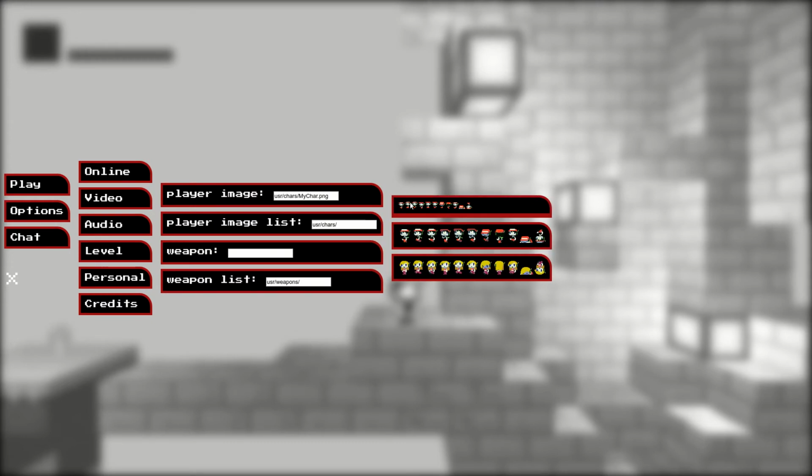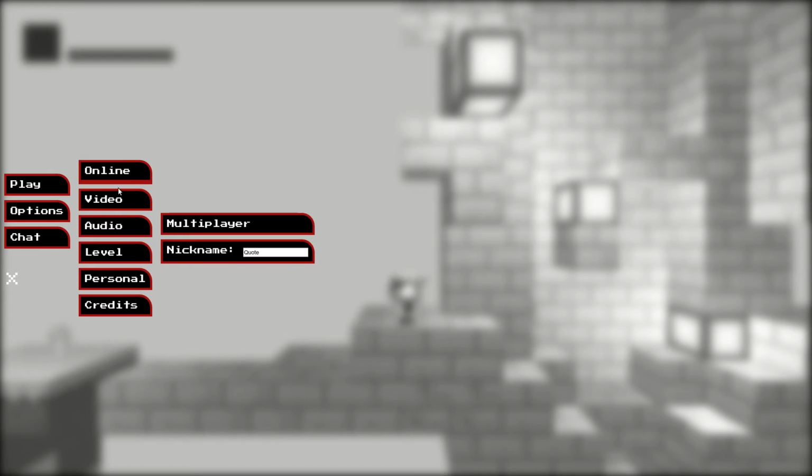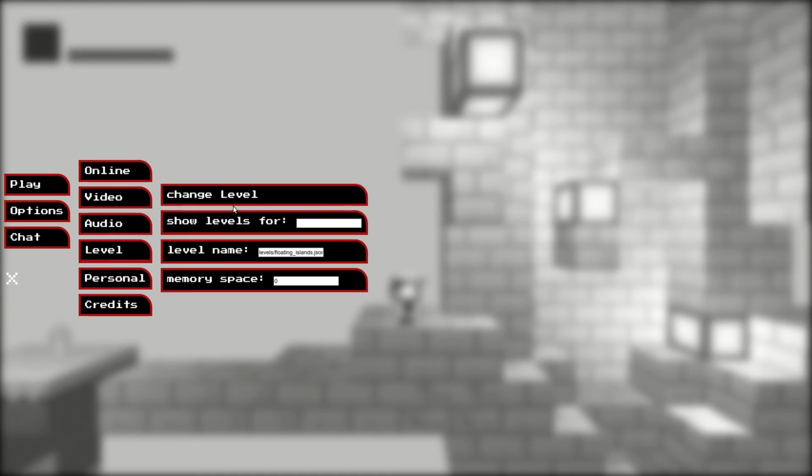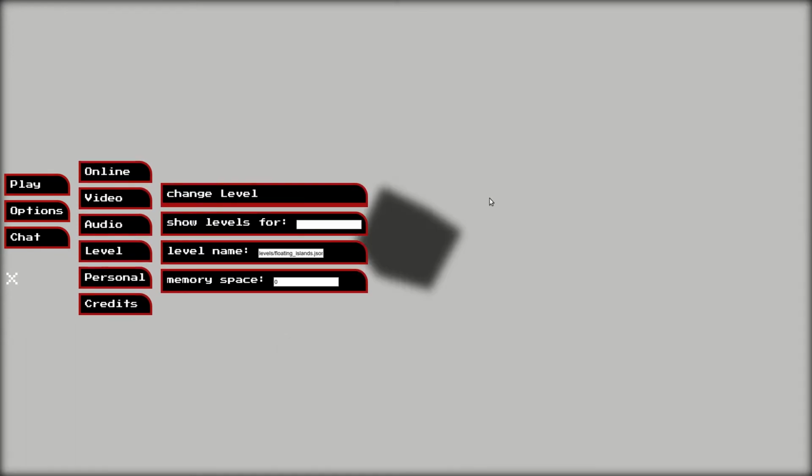So there's this one and this one and this one. Right now I'm using this one, but I can, for example, change it to this one, which will again change what is standing here. Just click on that, and for this to really change anything, you will need to reload the level. So just click on level and then change level,